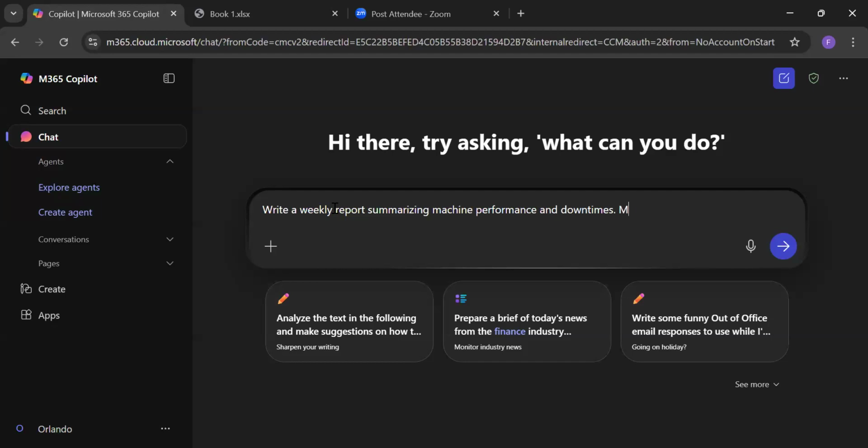So let's say machine A worked for 2 hours. Downtime, was off for 2 hours, and it was because of a belt issue.